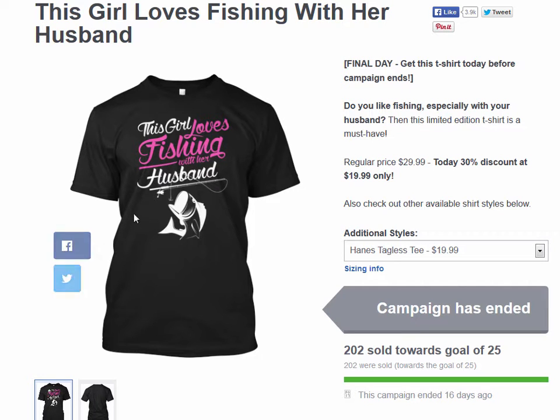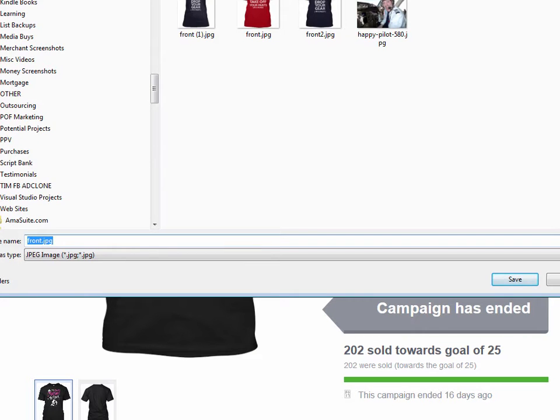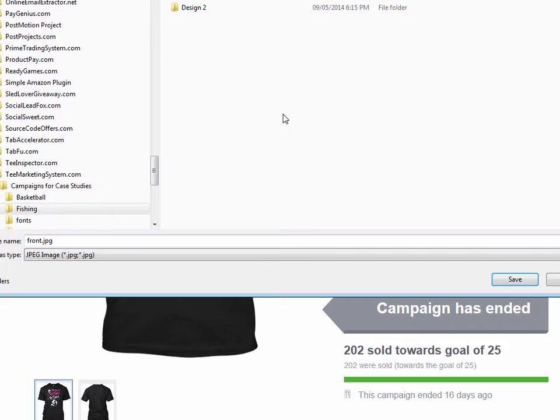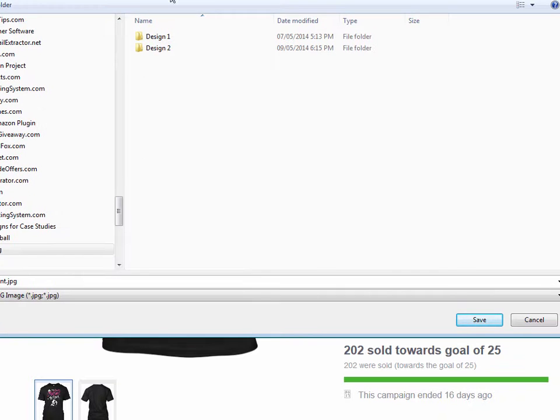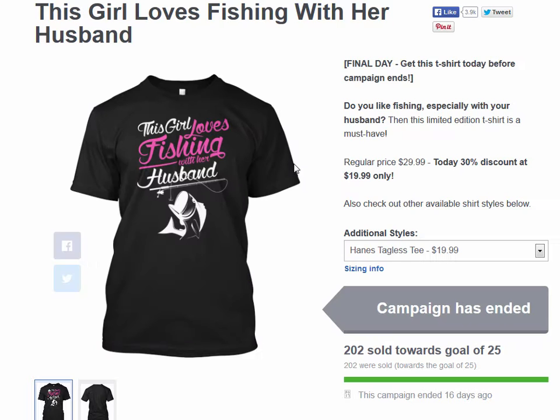So the first thing I like doing is, as always, go and grab an image here so I can model from it. So I'm just going to right click and save as. And I've already saved all of this in here, but I'm going to create another folder and just call it example. Start it fresh again here. Put it in there. And so the first thing I'm going to have to do is go and find that